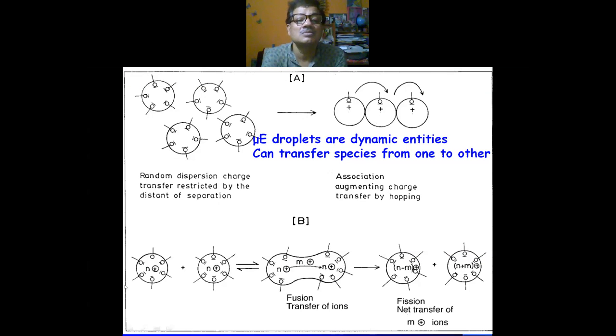This is one mechanism. The other mechanism, if two or three microemulsion droplets are there, একটা থেকে আরেকটা hopping করে charge carry করতে পারে। তাহলে even if the continuous medium is oil, the microemulsion, water in oil microemulsion, where the continuum is oil, they can carry electrical charge. This is called percolation of electrical conductors. Electrical charge, they get percolated. Not like the normal solvent, not like in water, but the electrical charges can be carried.